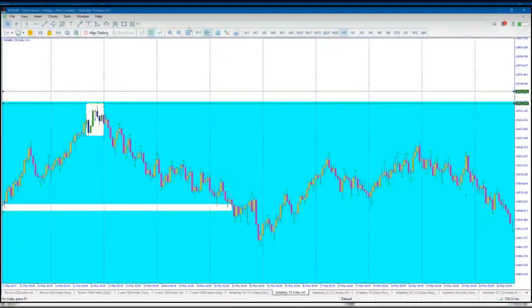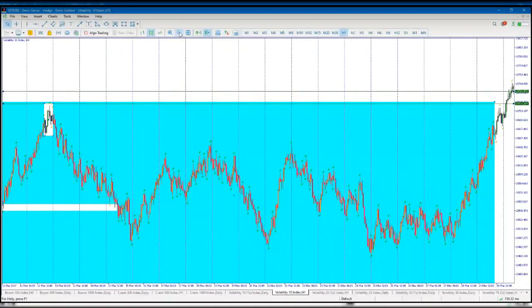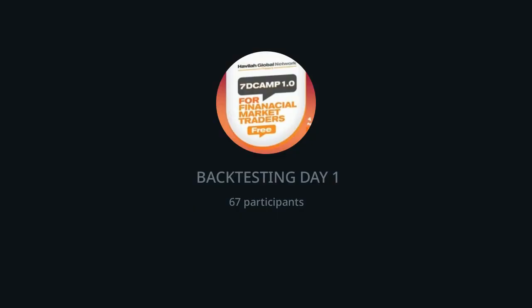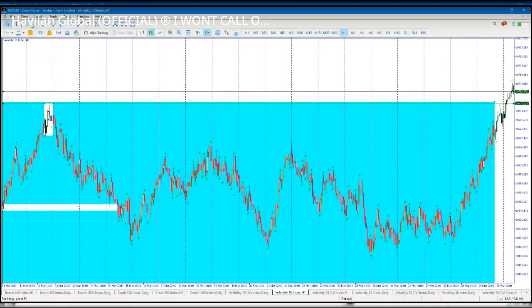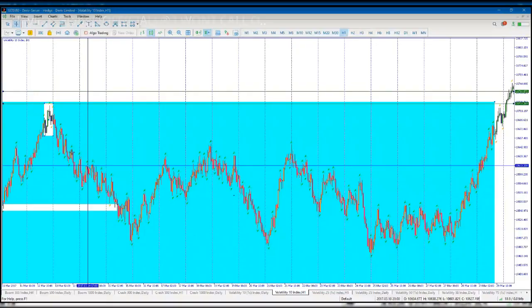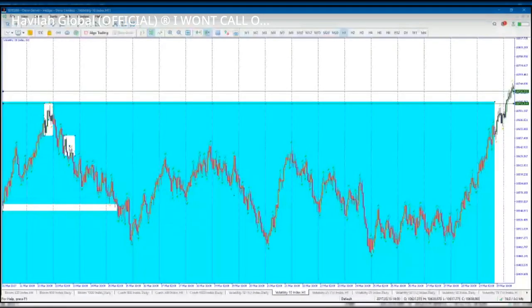But again, look at what price did. Price came back, didn't fill this zone at all, didn't come back here. So where did price turn back? Let's see. Price turned back here. So this is where price turned back. Why did price turn back from there? That place also happens to be a structural point.